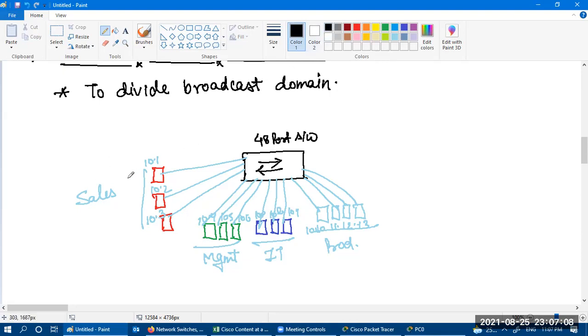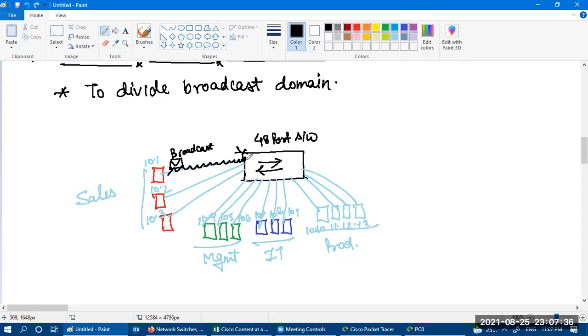Just assume PC1 generates a broadcast packet, and that packet is forwarded to the switch. Because the switch received the request on this particular port, it will forward this packet to all the users connected with this particular switch.